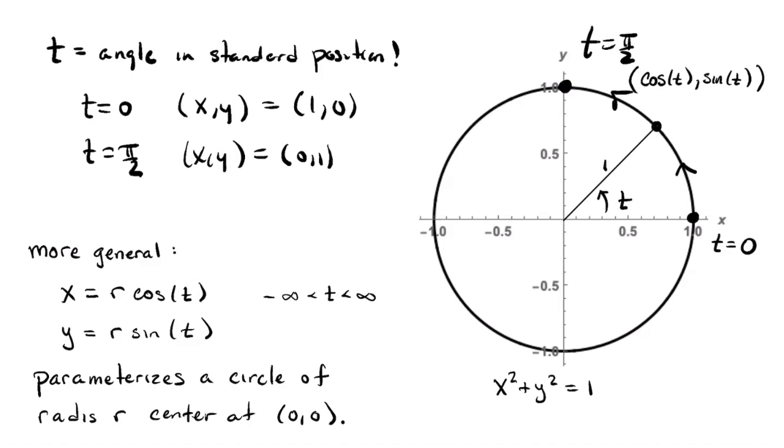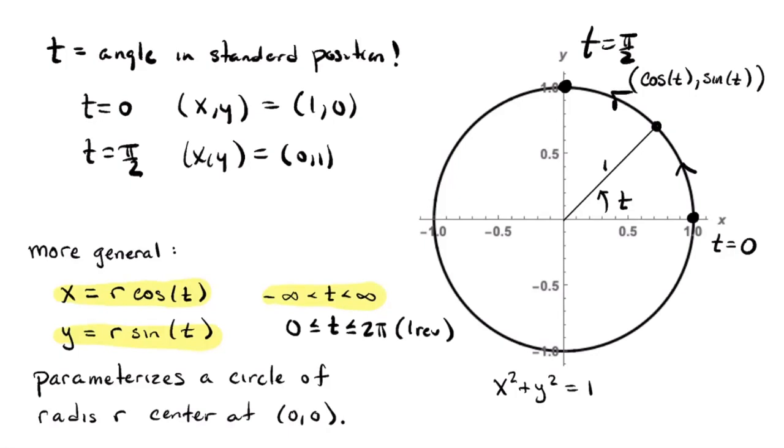Nice. We can switch over to Desmos here, maybe before we do it, so we're just going to be done with this example. A little bit more generally, I'm going to leave the details to you, but if you had parametric equations where x was equal to r times cosine t and y equal to r times sine t, here again, t could be any real number, but in order to get this circle, this is actually kind of an interesting thing. As t goes from minus infinity to infinity, you're just going to traverse that circle over and over and over again. So if you just take t from 0 to 2 pi, then you'll just get quote unquote one revolution,